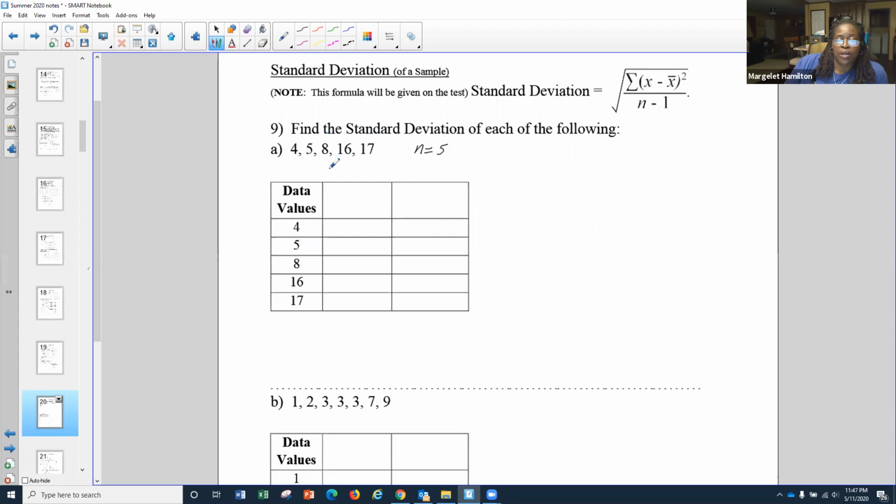So here's our mean. We know the mean formula. We have to add up all of our data items and divide by the total number of data items. We just found that. So we have 4 plus 5 plus 8 plus 16 plus 17 all over 5. All right, we're going to do all that. And when we do that,